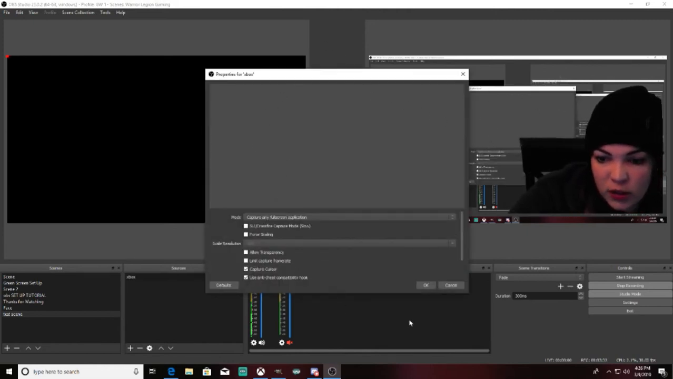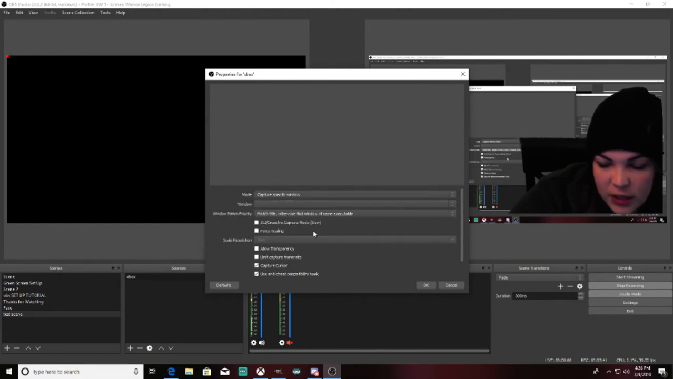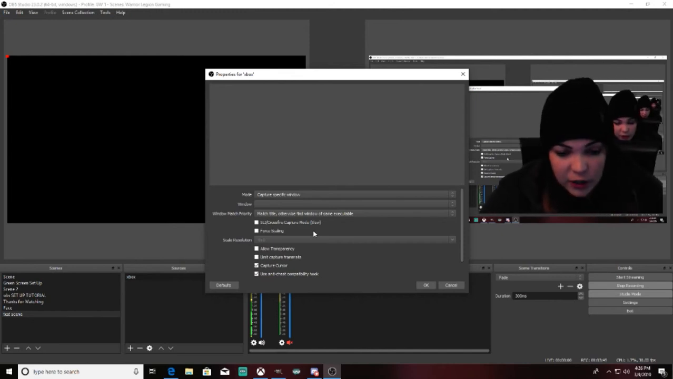So now you get to here. Where do you want to pull this source from? You go down here to mode, and you're going to click capture a specific window. This is not for capture cards. You can have a capture card, you're just not going to set it up this way. So you're going to capture a specific